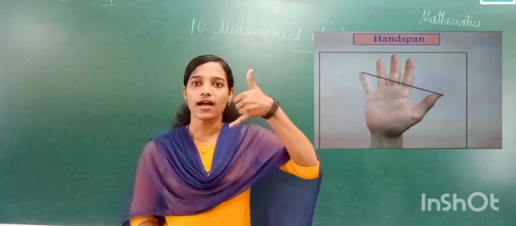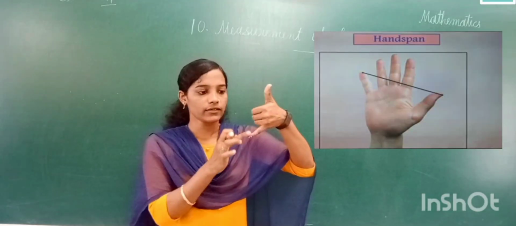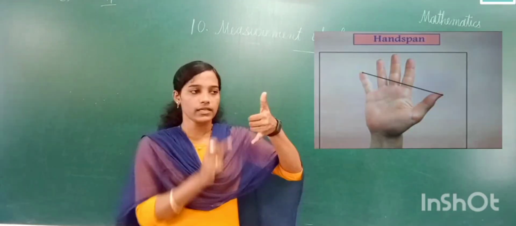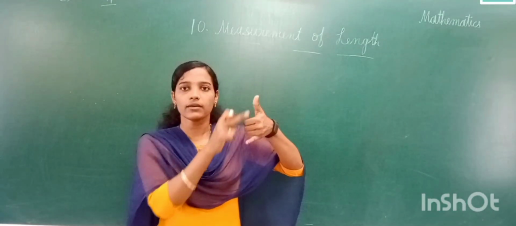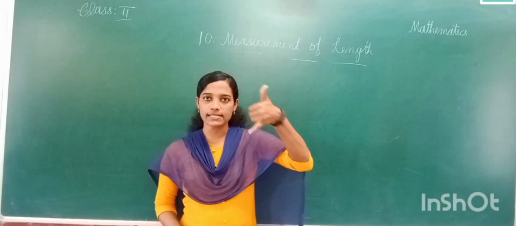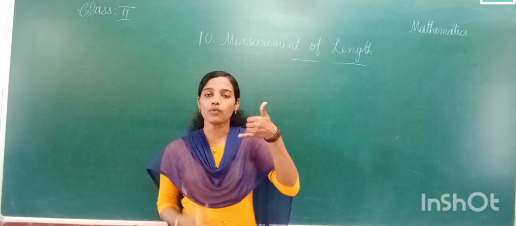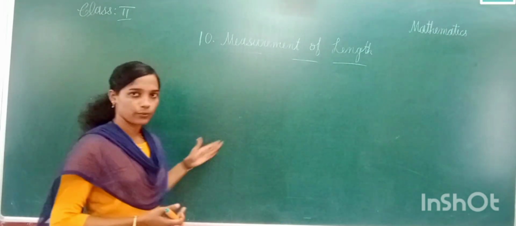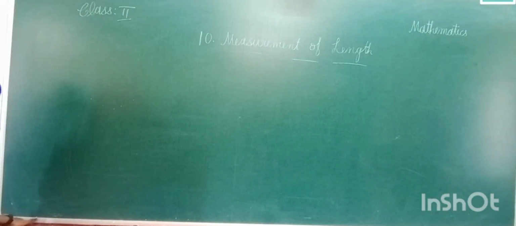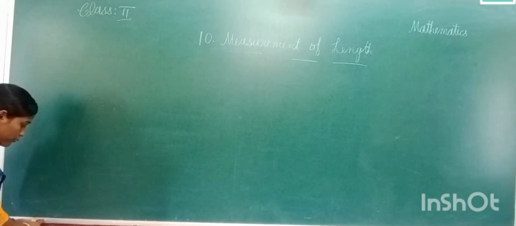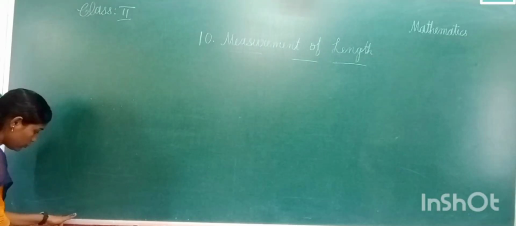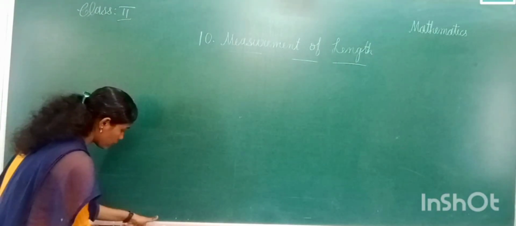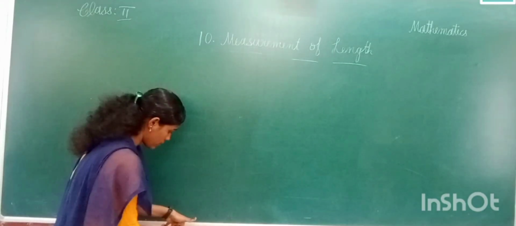So this is the hand span. This is the length which our hand span can measure. So from here to here is the length which a hand span measures. So using this hand span we can measure how long an object is. Now let us measure the length of this board. So one hand span, then I will mark it here, 2 hand span, 3 hand span, 4 hand span, 5,